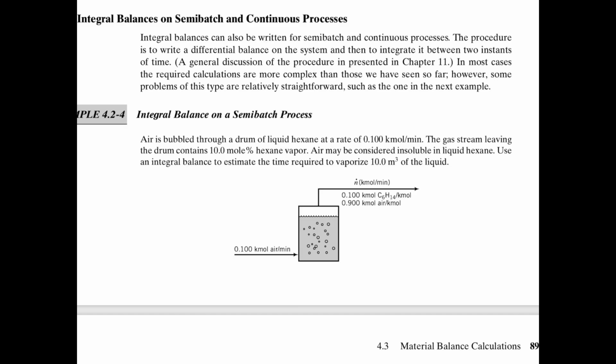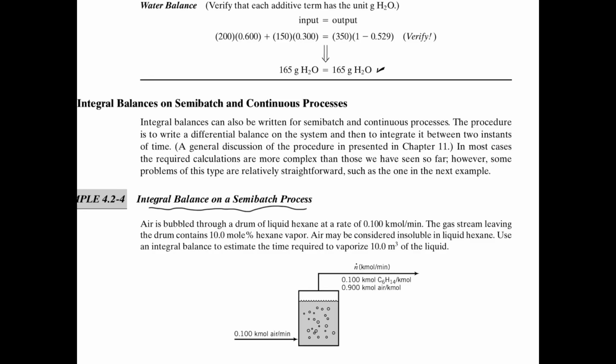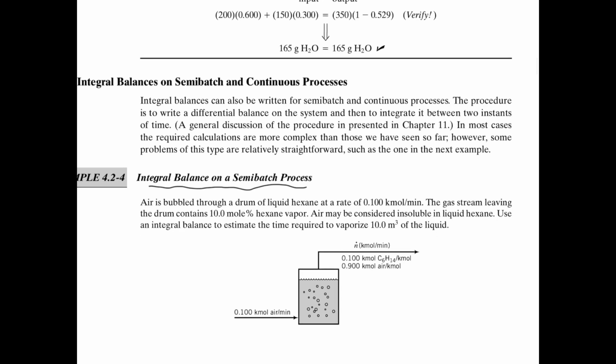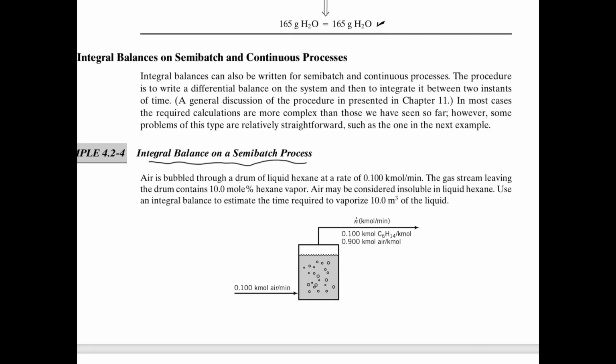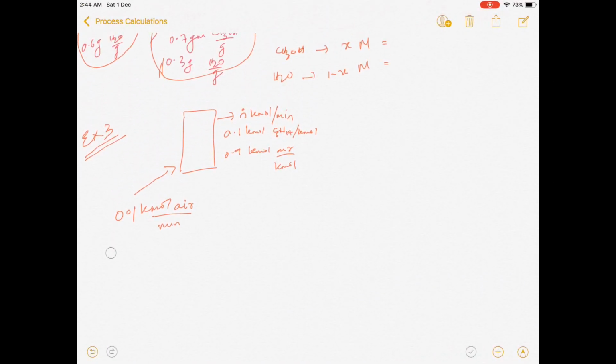I would again suggest please pause the video and read the question carefully. As we did balance on a continuous process, that was example 1, and then the balance on a batch process, that was example 2, and now we go for a semi-batch process. As per the diagram, this is the tank. It contains liquid hexane,